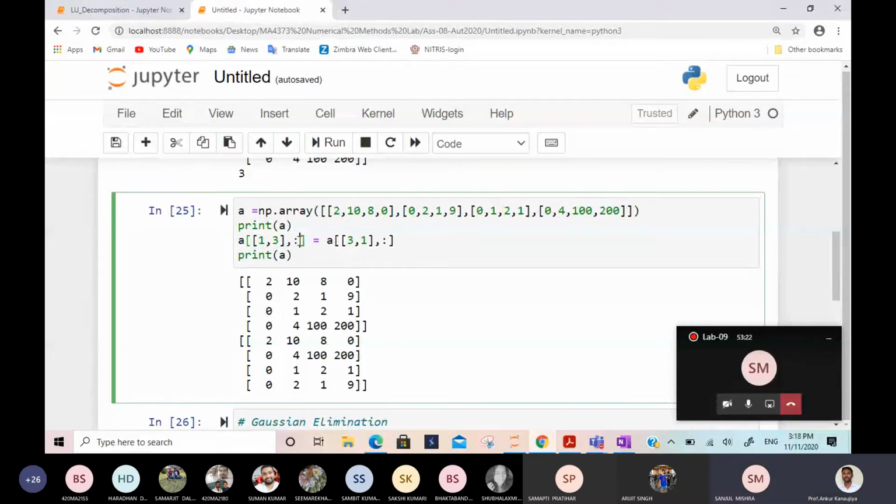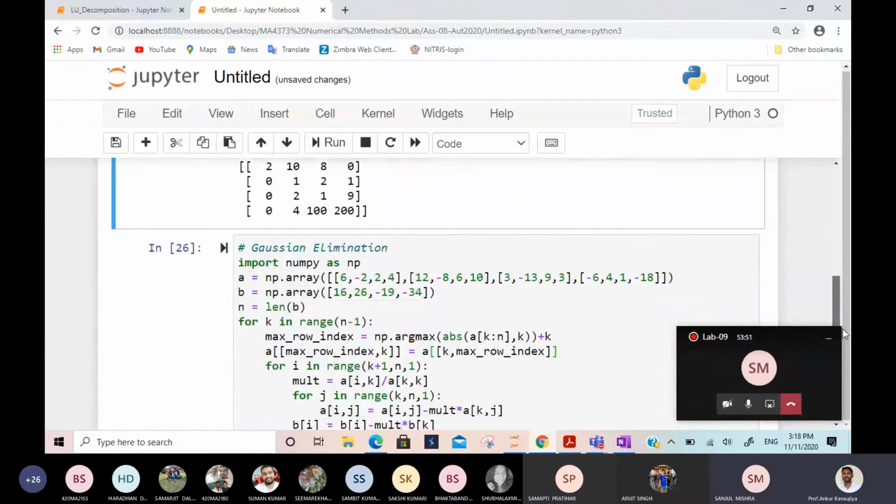See, this is 1,3. Even I am not writing any column thing. So what this code will do, it will interchange row number 1 with row number 3. If you want to write 2, it will interchange with that. So this is just for interchanging, like 2 with the first. So this one, 219, will go here, and this 121 will go up. Right? It is the interchanging of 1-2 with 2-1.